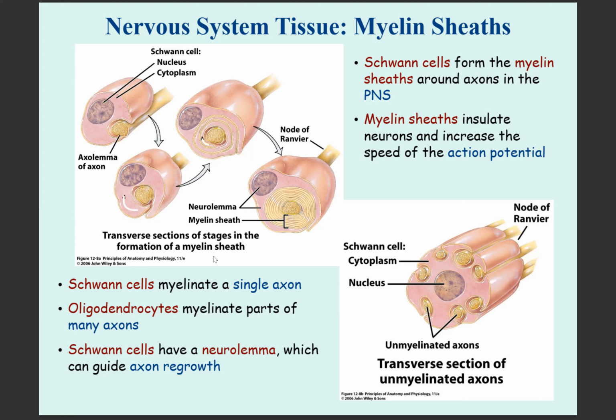We can say that this is a Schwann cell. But when you can see one cell and then a lot of nerves inside, then we can call that the oligodendrocyte. Okay, so